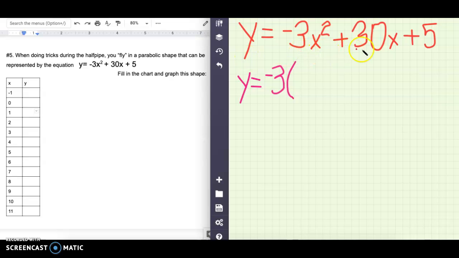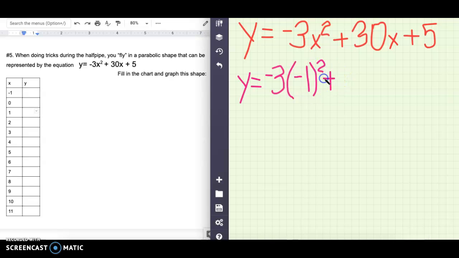So I've gone ahead and started over here. So y equals negative 3x squared plus 30x plus 5. And I'm writing with my mouse, so it looks like a kindergartner. That's okay. So the first thing we're going to put in for x is negative 1. So every time there's an x, I'm going to put a negative 1. And I'm going to choose to put this in a parenthesis just so it's a little bit easier to understand in a second. So negative 1 squared